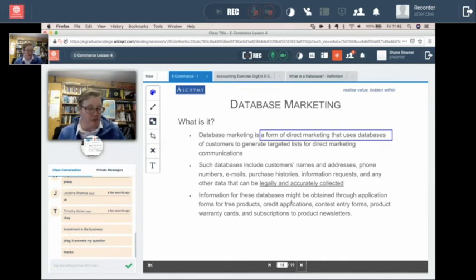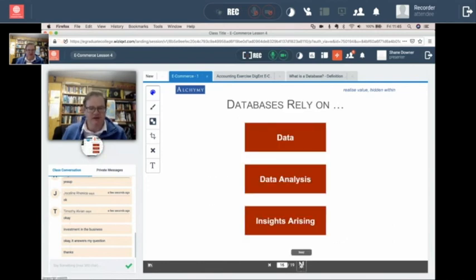Which is why, of course, when we're in Facebook, what we're trying to do is to direct people to our website or to capture their emails. Because if we can do that, then we've got something that we can use in our own database. That's our information and our analysis, nothing to do with Facebook or Instagram or anybody else, once we can get to that stage. But we've got to go through these channels to get people to come to us, first of all. And that's what we're about, okay?